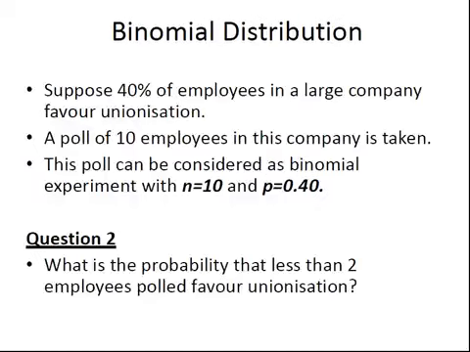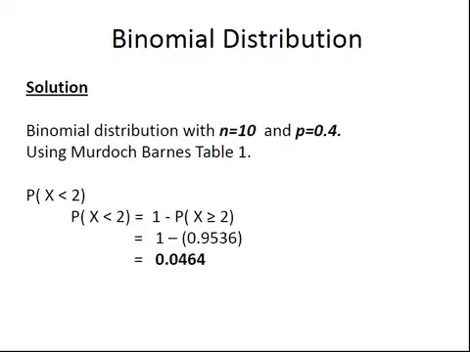The next question is, what is the probability that less than 2 employees favour unionization? This is where we would employ the complement rule. Now, x less than 2 is equivalent to saying 0 or 1. And that is the complement of x greater than or equal to 2. Remember, this is a discrete probability distribution. So the complement of x less than 2 is x greater than or equal to 2. So it's 1 minus the probability of x greater than or equal to 2, so 1 minus 0.9536. Using the complement rule for discrete probability distributions, our answer will be